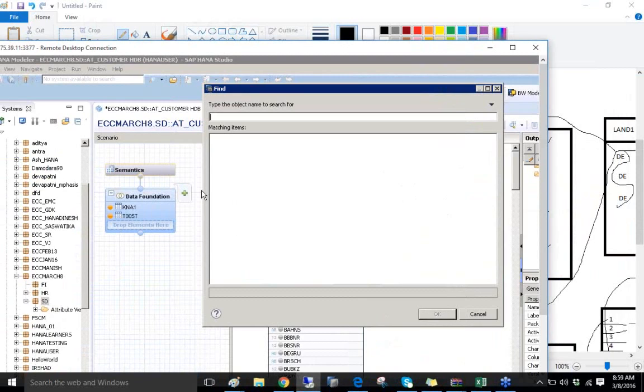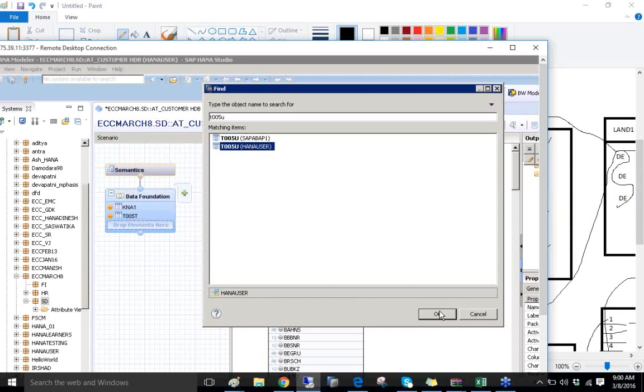On-site, mostly at the client location, we take the requirement and keep continuously interacting with the business. In the offshore, most of the time people don't have access to the business, they have access to these documents. So based on these documents, they have to start building the solution. So what am I trying to do now? Based on the document, which is already prepared, I'm just trying to build the solution. So KNA1, T005T, and T005U